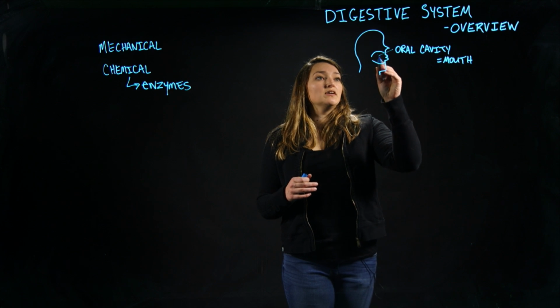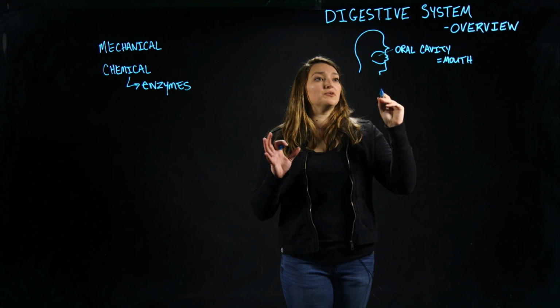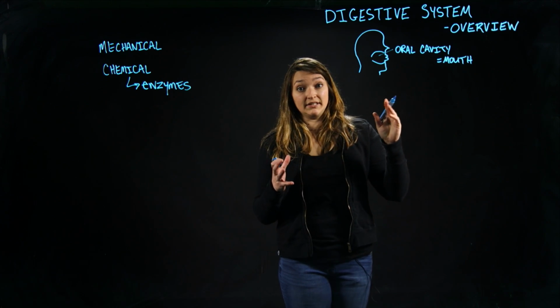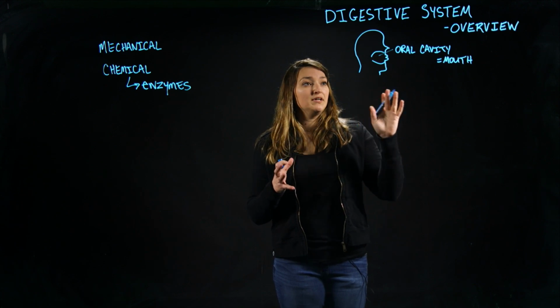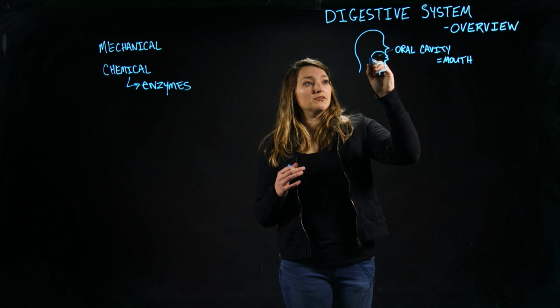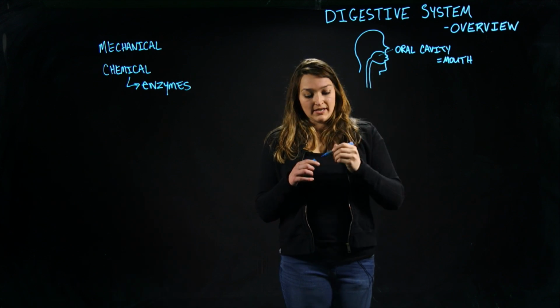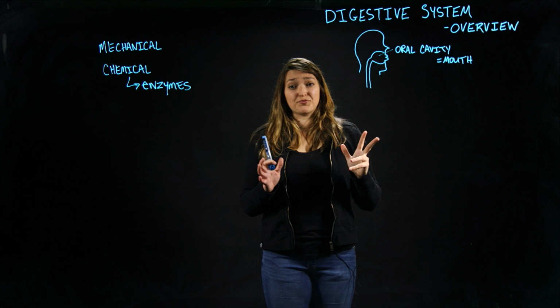We can look in more detail at the anatomy of the mouth later. We'll look at the teeth, we'll look at the tongue, we'll look at the ducts that are placing enzymes into the mouth, and so on. For now, oral cavity. So once we've swallowed our food, we already know some about the pharynx, and the throat